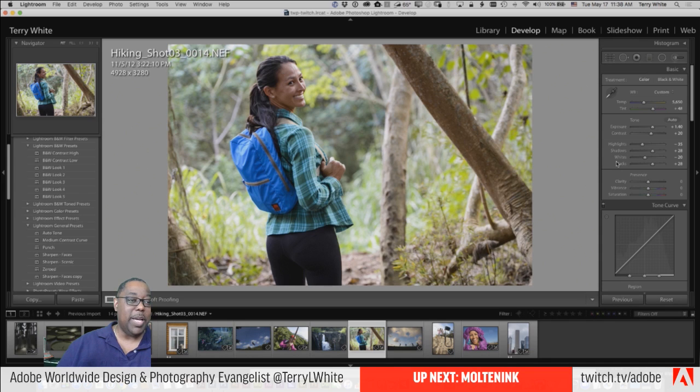is we want to go in and go all the way back up. We already are. And now we're going to talk about what we call local adjustments. And we started doing a few of those already. We did a local adjustment with the radial filter. That's a local adjustment. I only want to adjust that one spot, and then that spot, and then this spot. Those are local. All the other sliders, everything we've done up to this point, were all,